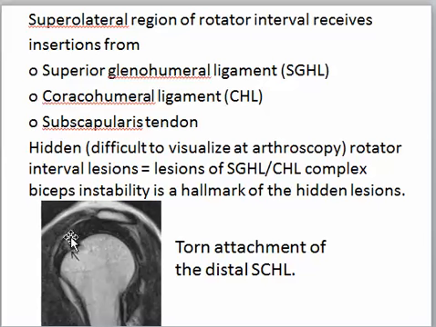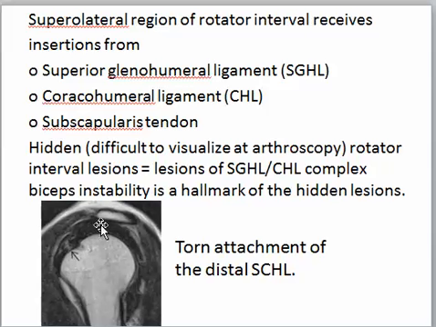So this is the region of the biceps, and once you get any abnormal signal here at the biceps tendon pathway, this indicates that the superior lateral region of the rotator cuff